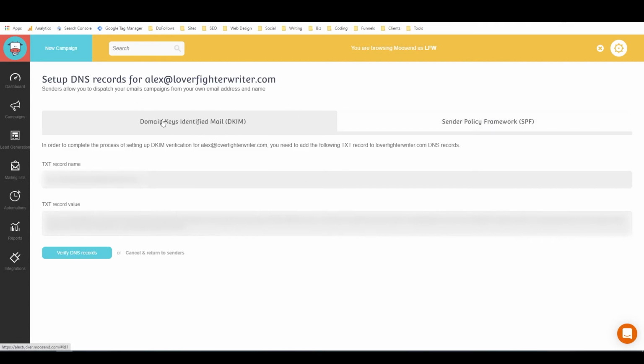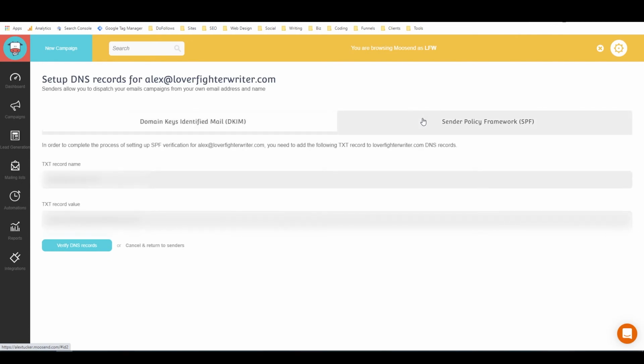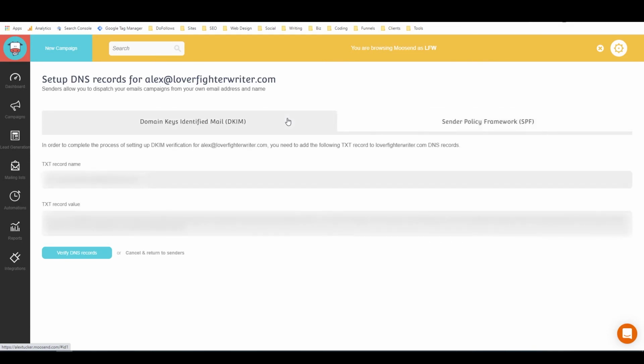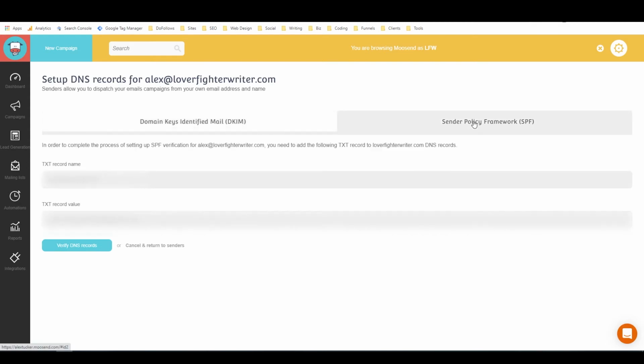So I'm just going to click on SPF, and so if I click on either of them, it takes me to this screen right here, and so we have the domain keys identified mail, which is DKIM, and then sender policy framework, which is SPF. And basically you just need to come in here and copy what it has, the value that it has for the TXT record name and the TXT record value,